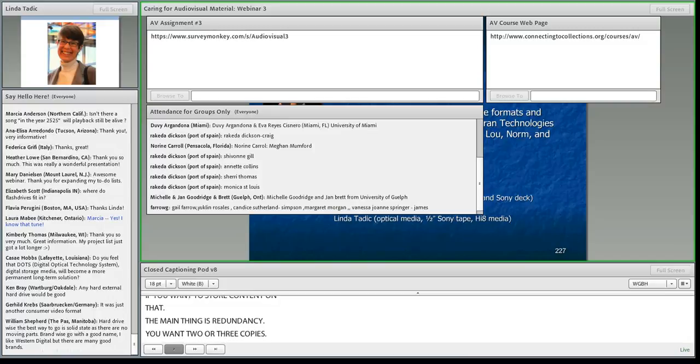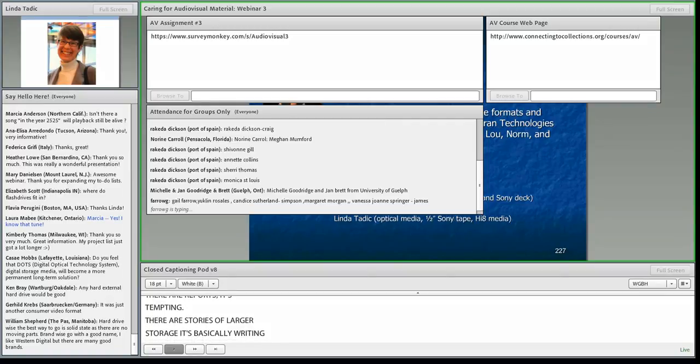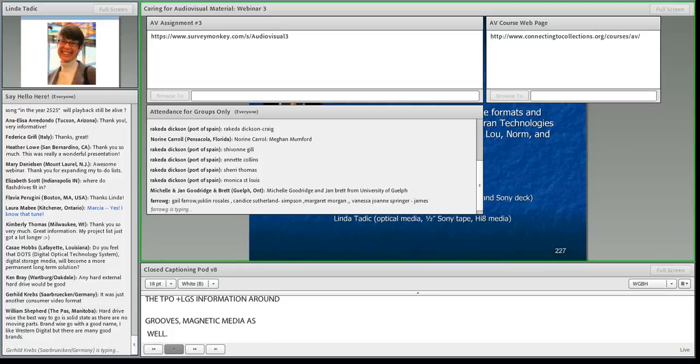With external hard drives, try to not go with a size that is more than a terabyte. There have been some reports about larger ones, and it's really tempting to get a much larger storage device. But there are stories about those larger storages where it's writing the information around grooves. It's magnetic media, actually, and so they have to make those grooves very narrow. They're all squished together really fine, and there's more of a chance to fail. I'm just telling you about reports that have come out about these media. So try to copy onto hard drives that are no more than 1 terabyte in maximum size.